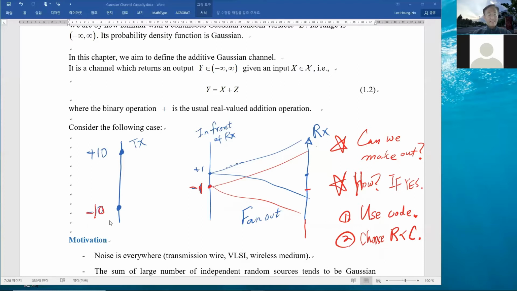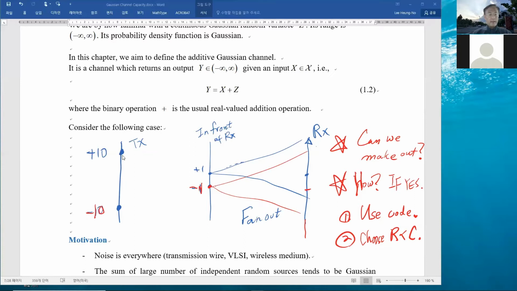In reality, this could be plus 10 volt or plus 10 ampere or minus 10 ampere or minus 10 volt. Let's just forget about the physical unit for these numbers. So here, plus 10, minus 10, we can select at the transmitter,